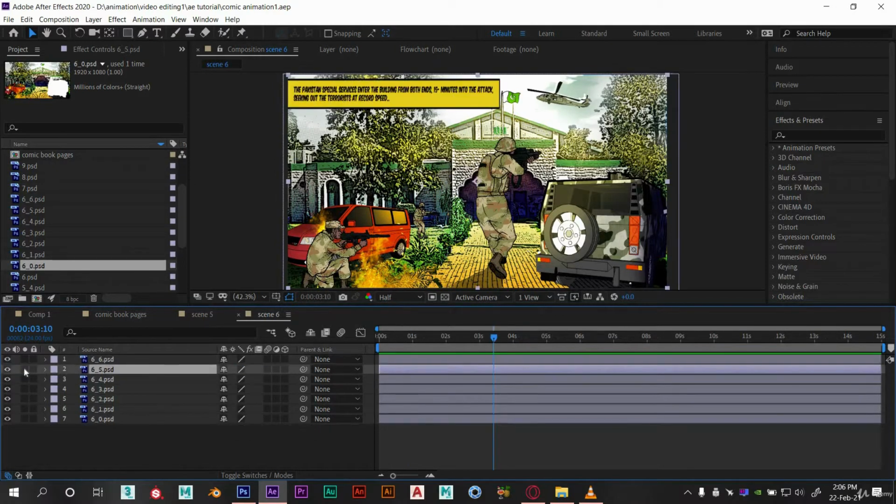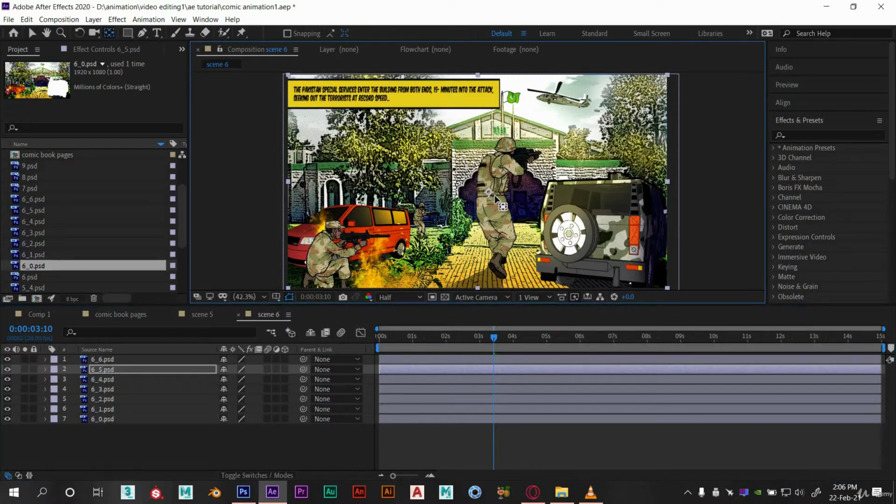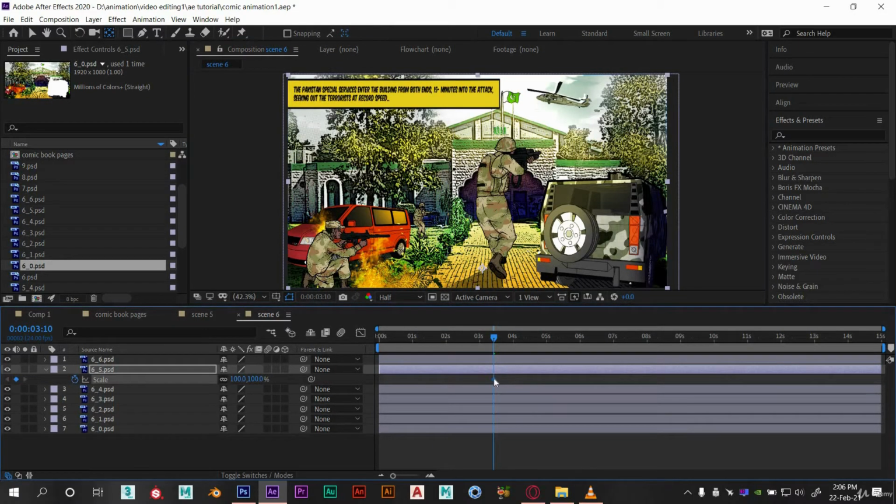Now let's move to the next layer. Let's animate this character now. Now I want him to look like he's walking or going towards the house. Let's first adjust its anchor point. I think this will be okay. And let's give him scale animation. Let's set the key at the start. I want him to look big at 0 seconds and after time it will get small.